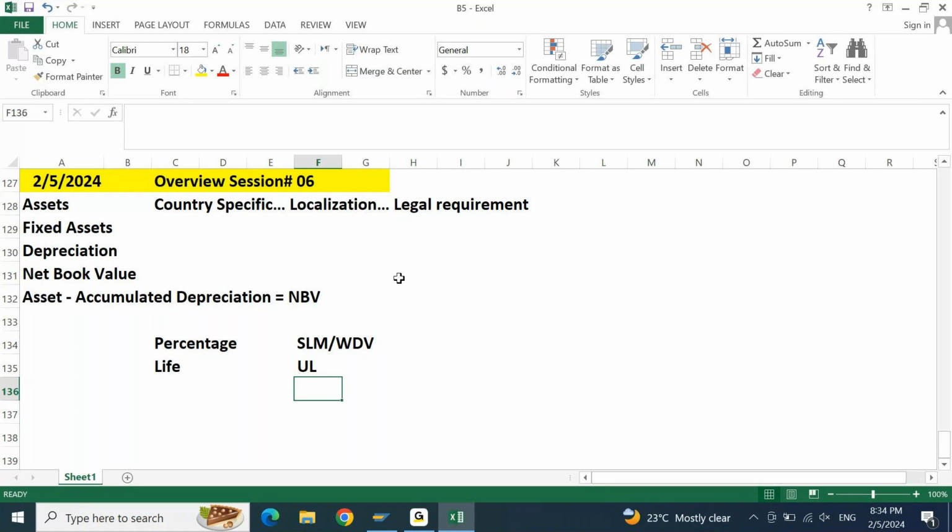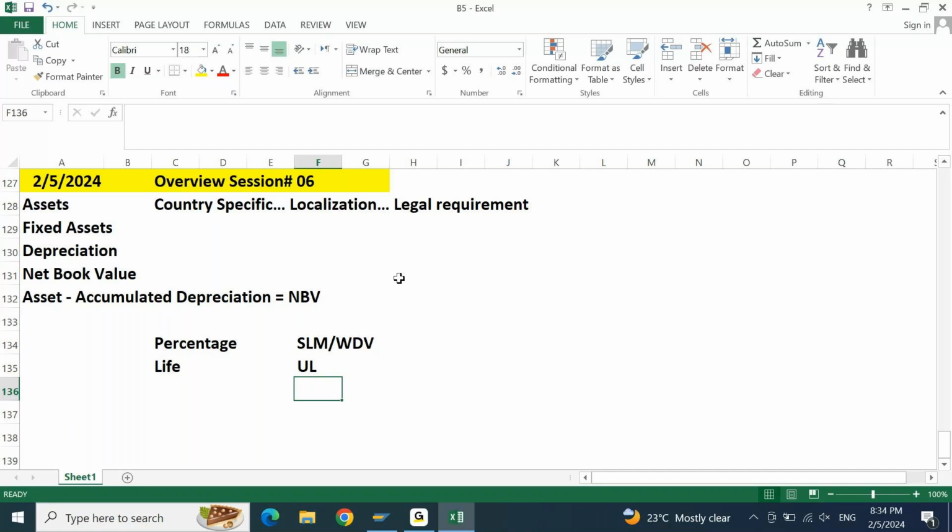SAP itself will take care of all this calculation. All you need to do is just monitor whether things are going right or wrong. Monitoring, supervising is very easy, because if somebody is asking you to sit and do it, then that is where you need to worry about it. But nobody is asking you to sit and do it. You just need to define configuration one time. When you define the configuration, make sure you sit with your client.